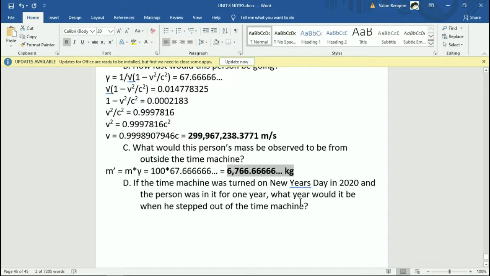So if the time machine was turned on New Year's Day 2020 and the person was in it for 1 year, what year would it be when he stepped out of the time machine? Since the person was in it for 1 year, that means while they are inside the time machine, inside the thing that is moving, they experience 1 year. What does everything else experience? So we are solving for t prime. And if they're in it for 1 year, that means